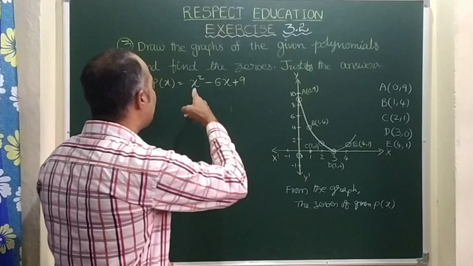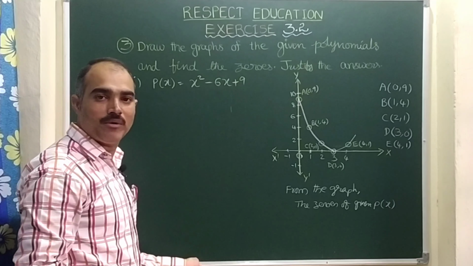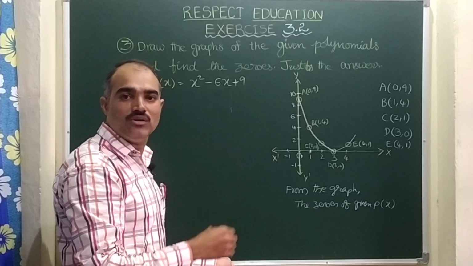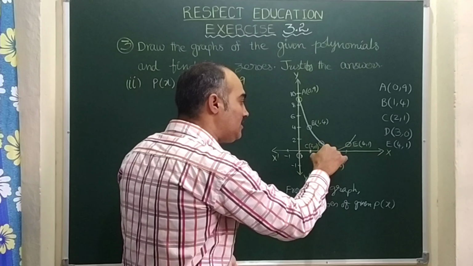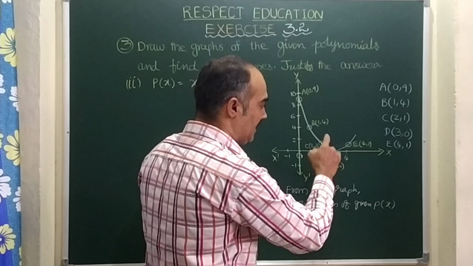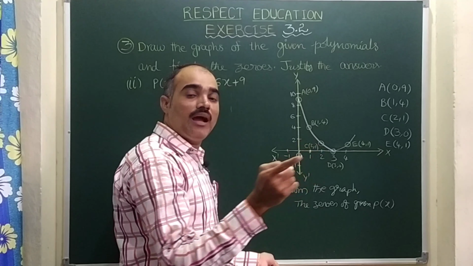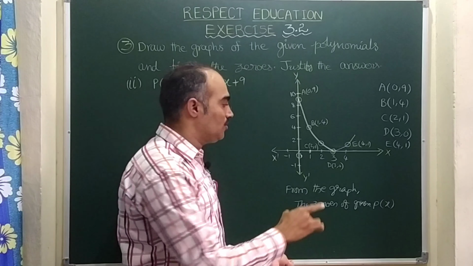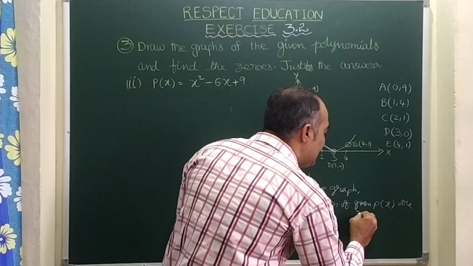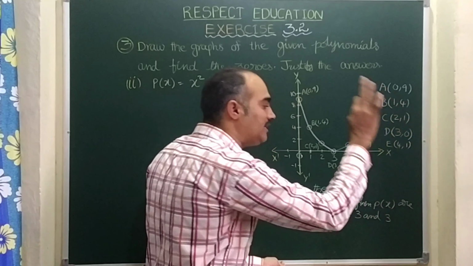Here you see children, which kind of polynomial is it? Its degree is 2. Means it's a quadratic polynomial. A quadratic polynomial will have at most 2 zeros. So we can take both the zeros as 3 itself. We can say this polynomial has 2 zeros, and they both are equal. So here we can write that the zeros of the given polynomial are 3 and 3 itself. 3 and 3 means x equal to 3 and x equal to 3 itself.